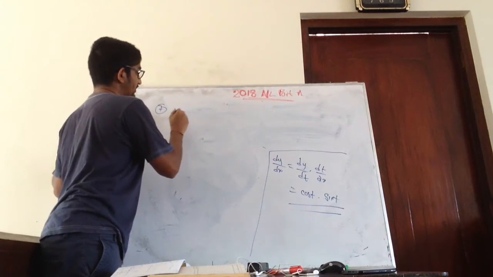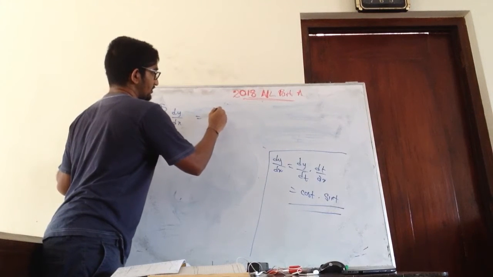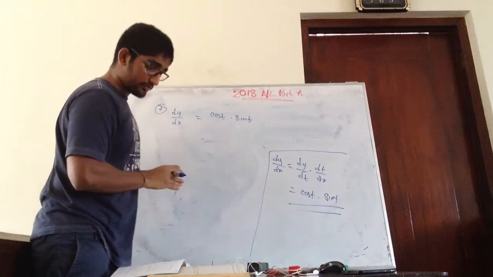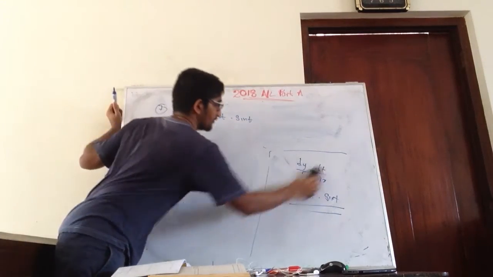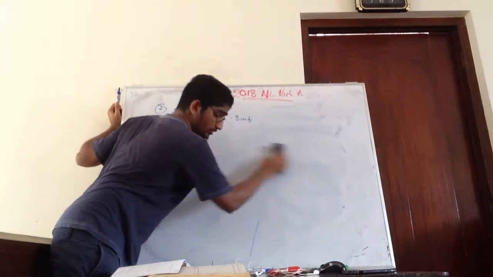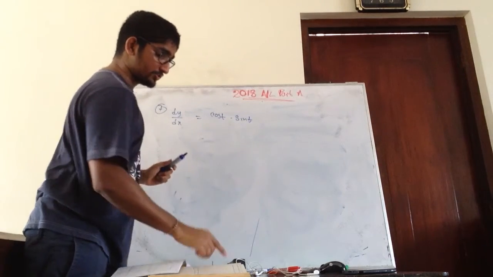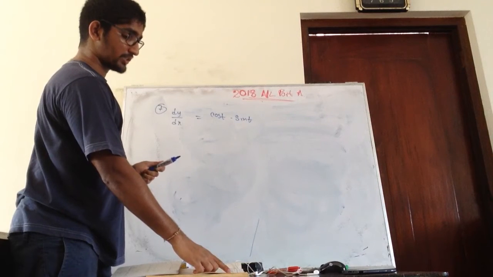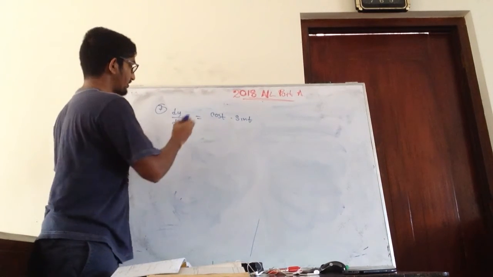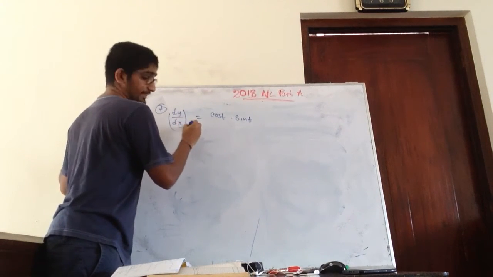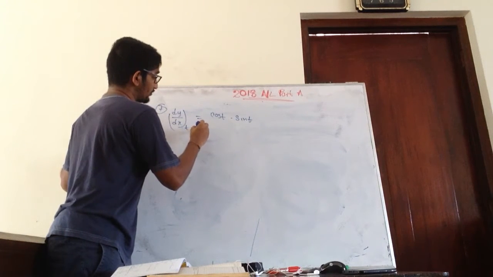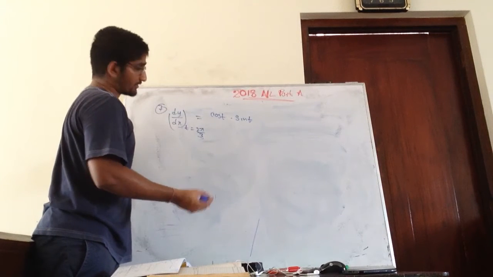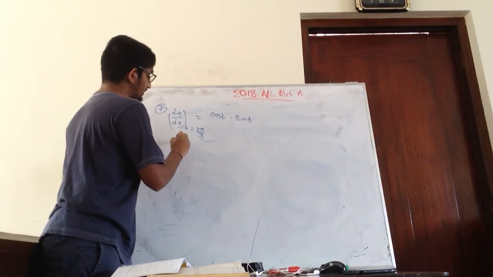So dy over dx is cos t sin t. So now what we need is to deduce the gradient of the tangent line drawn to the curve C at the corresponding point T. So now we need to substitute T equals 2 pi over 3. Right? So that's what we need to do. So I'll get the gradient as